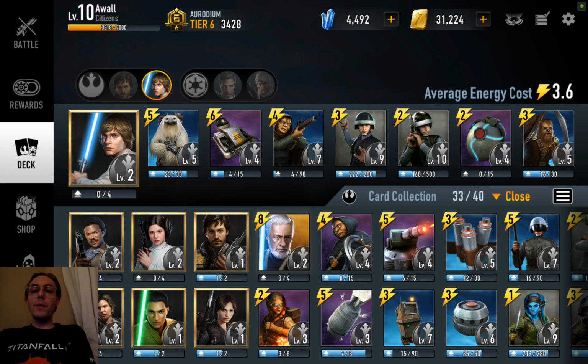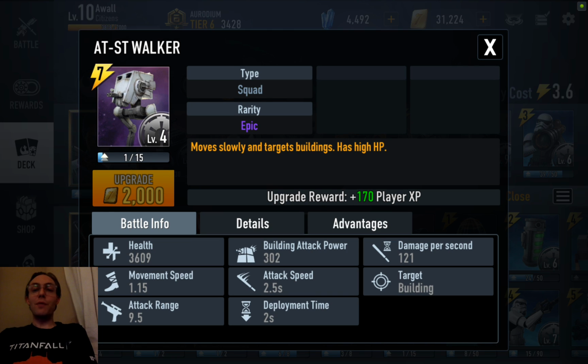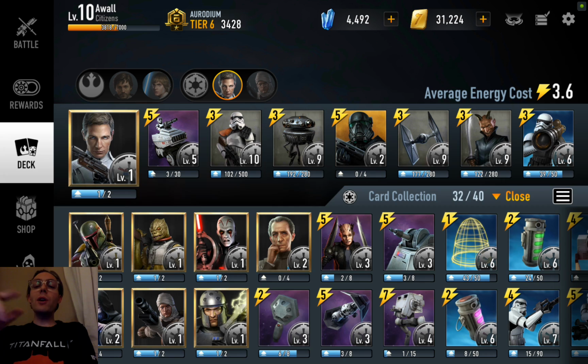However, that's why you build your deck when you have light vehicle to support that light vehicle. You don't have this nearly invincible card like an AT-ST that's just going to march up the lane no matter what you throw at it and be able to do some amount of damage. Light vehicle needs support cards around it, and that's what I've built with this particular deck, Director Krennic deck,